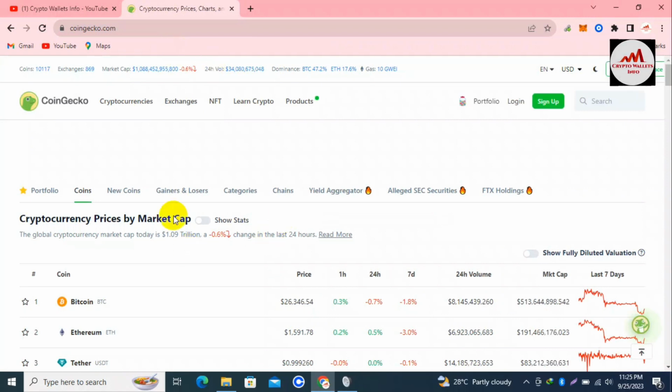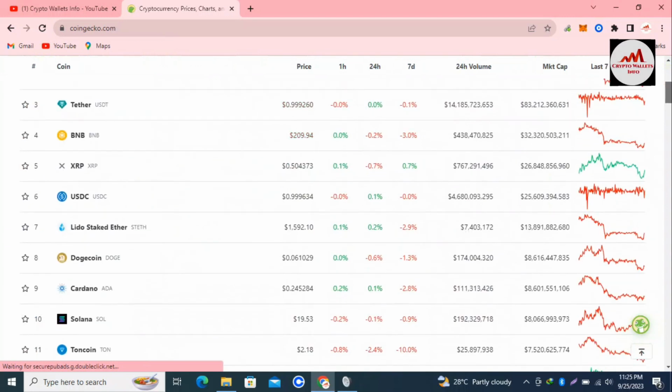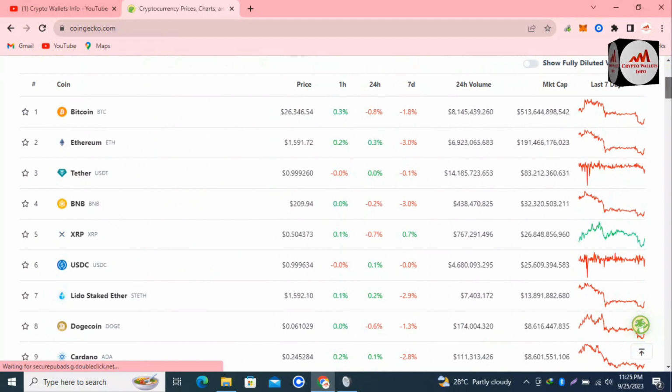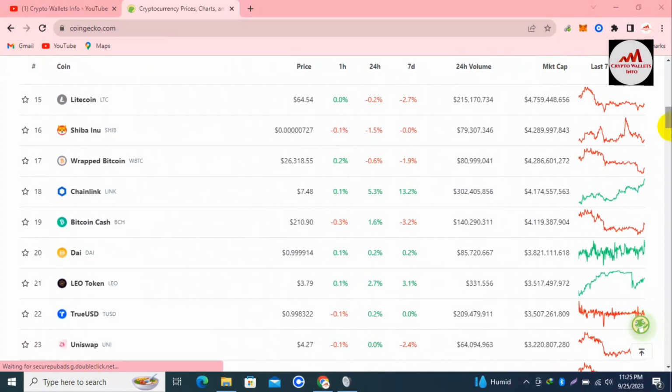You can see here coinjacko.com is open in front of me. I already told you about it. This website is related to cryptocurrency wallets, and we get all information from this platform. You can see here the Bitcoin price is $26,000 plus and the Ethereum price is $1591. So if I check the top 100 cryptocurrency list,